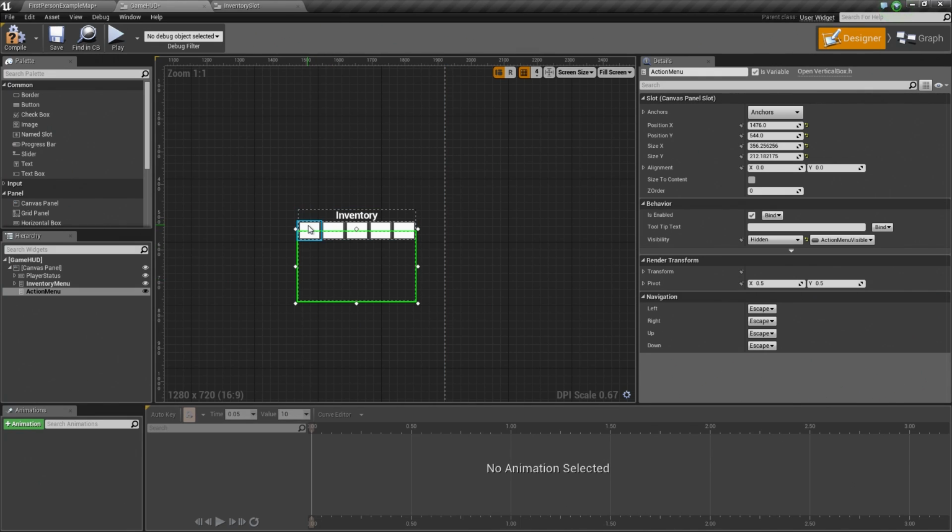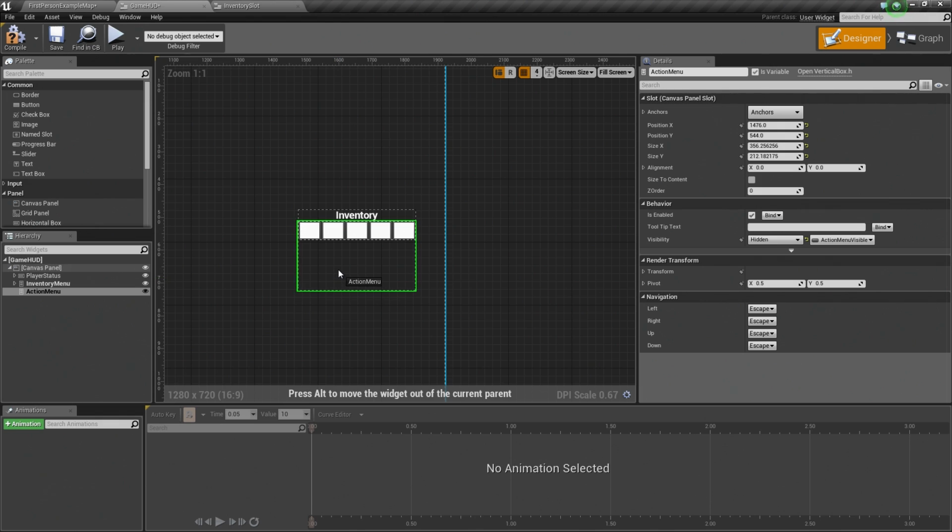So what we're going to do is when we click on an item, this will appear, but we're not going to hide our inventory menu. We're just going to disable it. So that means it's still going to be displayed, but it's going to be grayed out. So it's going to be the non-active window, essentially. So I'm going to split the difference with our inventory menu and leave it like that. I think that's good. You can move it all the way up if you want, or leave it down here. It's up to you. But I'm going to do it like that.